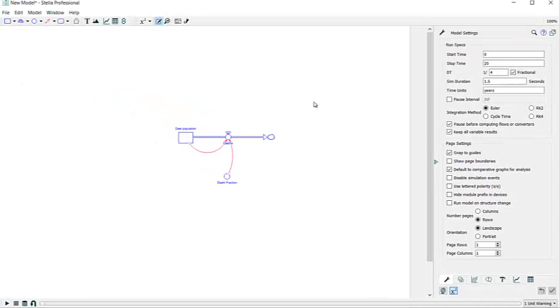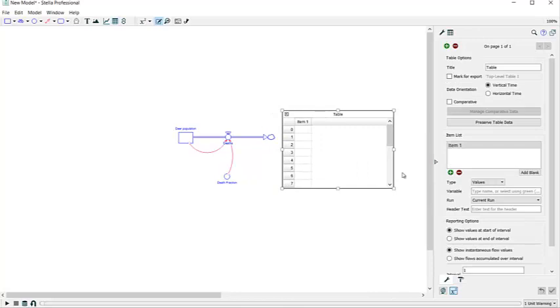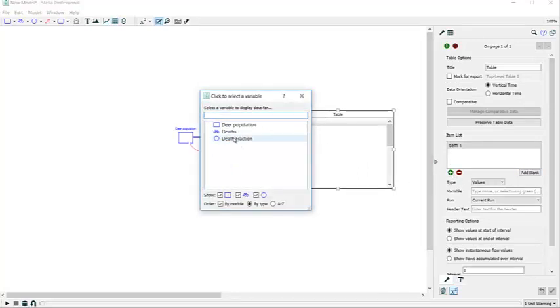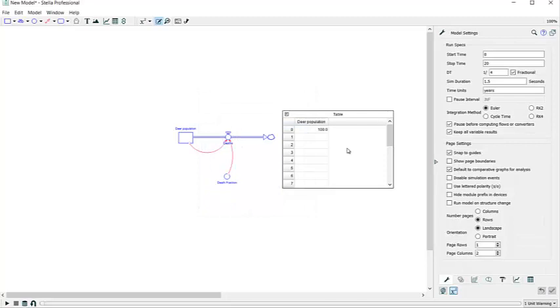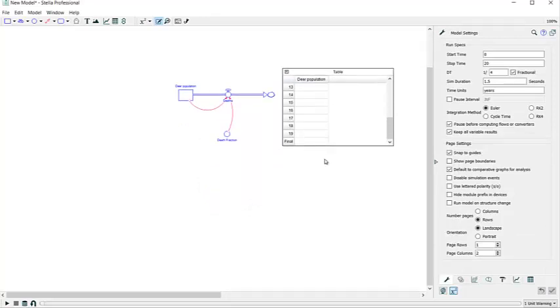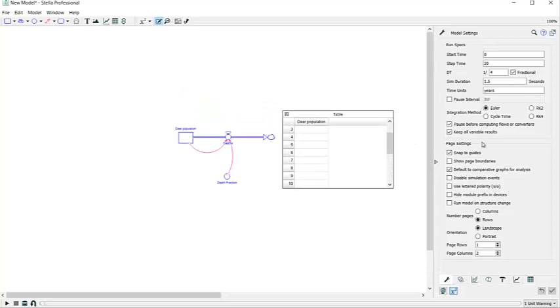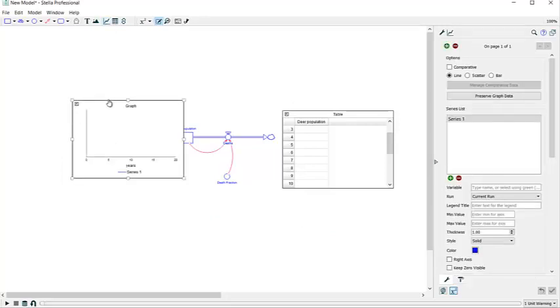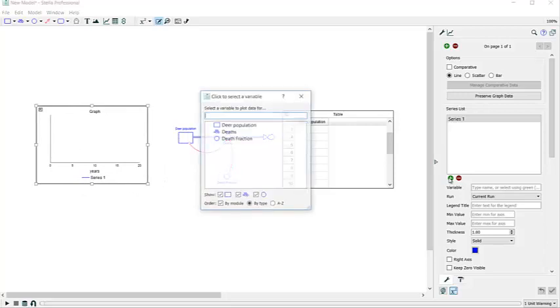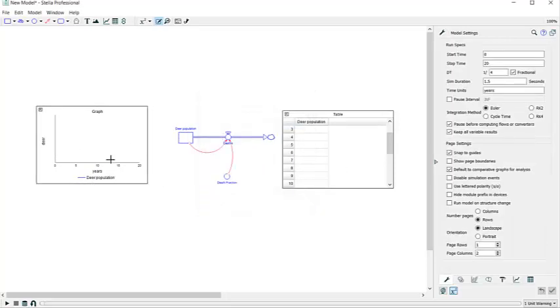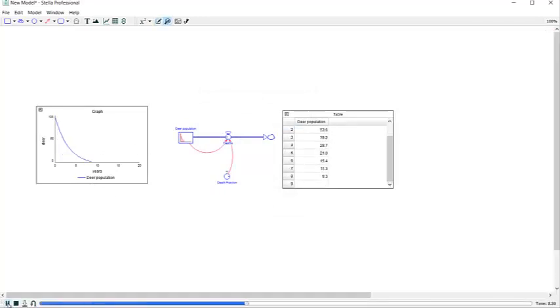The question asks for a table with this information, so let's go ahead and drop a table here. In that table, we're going to include the deer population, so we want to see how it changes over the 20-year time frame. And then we're also going to add a graph to see what happens graphically to this function. And let's go ahead down here and click run. And as you can see,